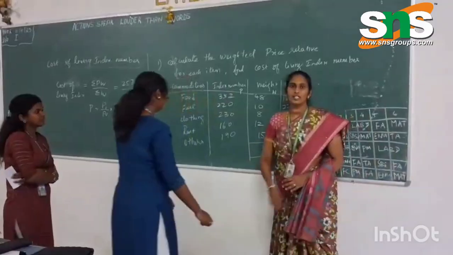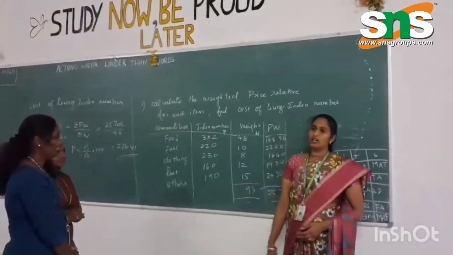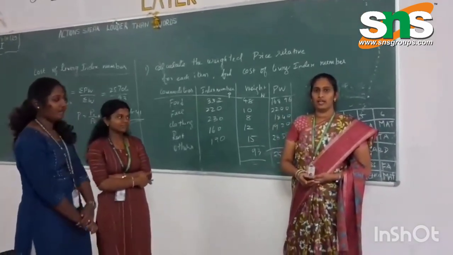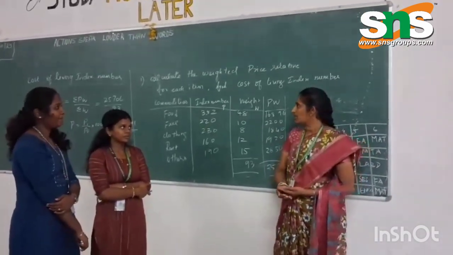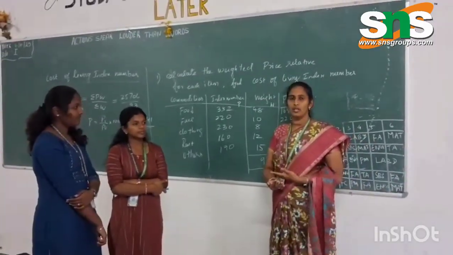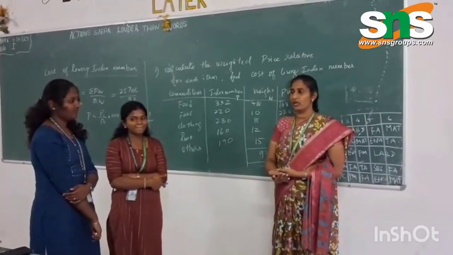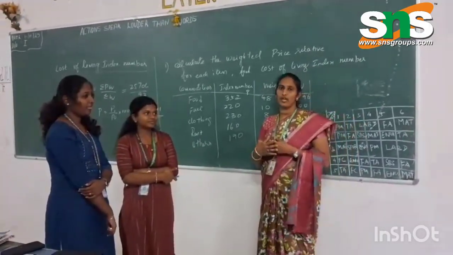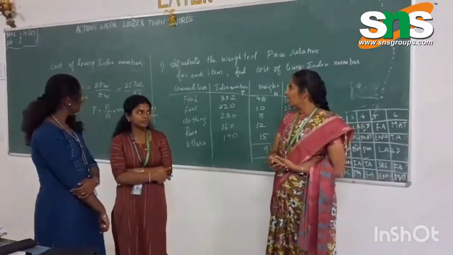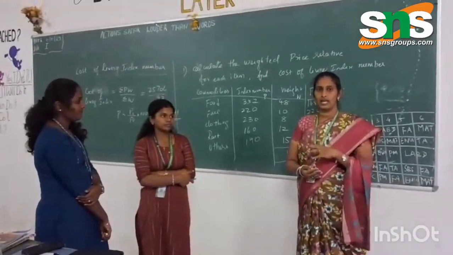So, why are we going to find the index number? In order to compare with the base year, we present the base year price as P0 and the current year price as P1, and the base year quantity as Q0 and the current year quantity as Q1. The index number helps us to find the future value, using the index number. It depends upon the variable and mainly depends upon the client.